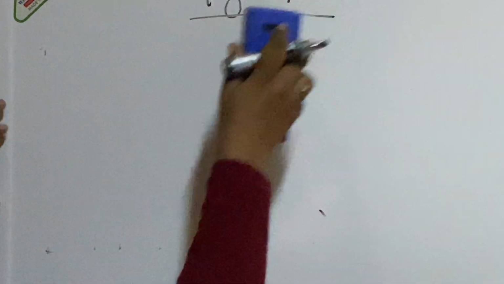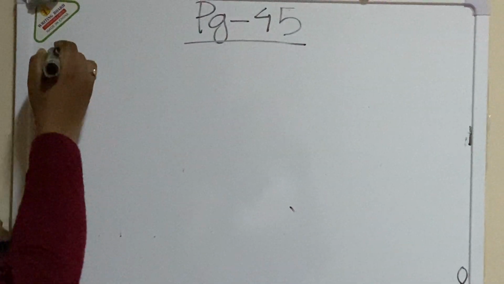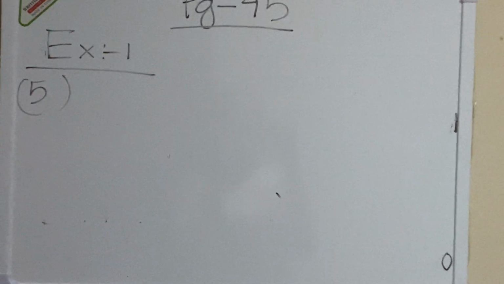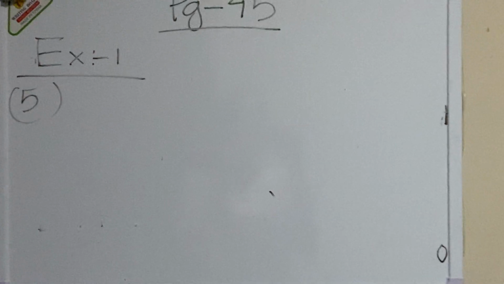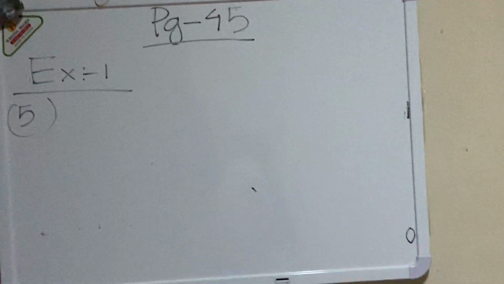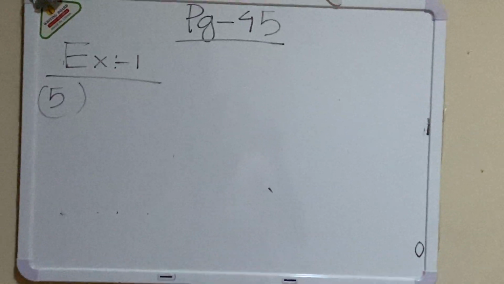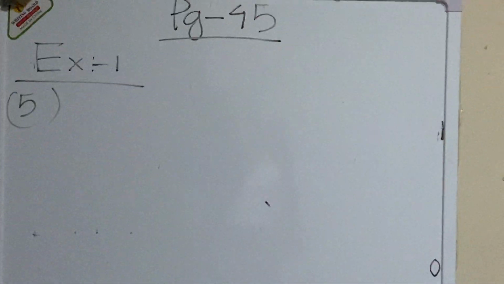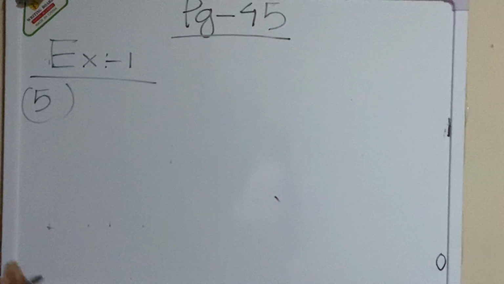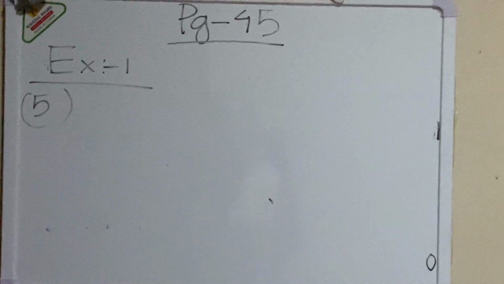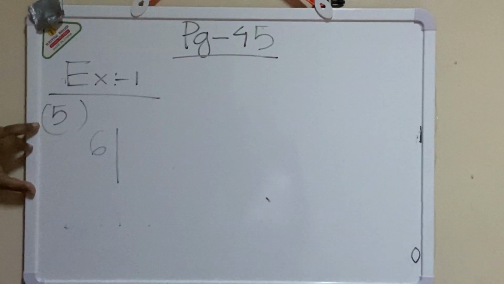Now we'll show you page 45, the rest of the mathematics. Exercise 1, that is number 5, where you have to do the division. Division chapter we are continuing because too many days I have been doing multiplication with you. That's why I mistakenly said multiplication. In the division procedure, the big hundreds number is the dividend and the tens number is the divisor. Here the divisor is 6 and the dividend is